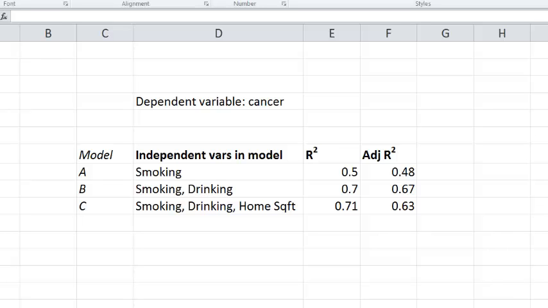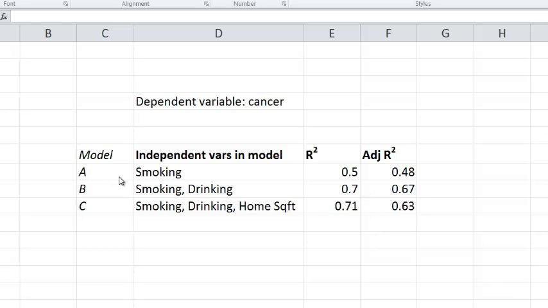Hello, this video is just a quick and dirty explanation of R squared versus adjusted R squared. This is working with models that I have made up and also outcome numbers that I just made up for demonstration purposes. Let's say that we wanted to run some regressions and we wanted to have three different models, and